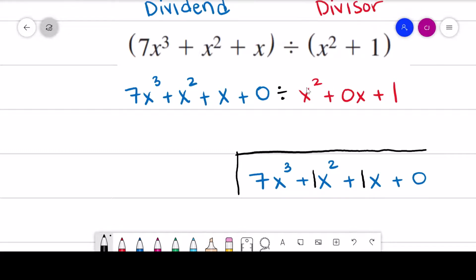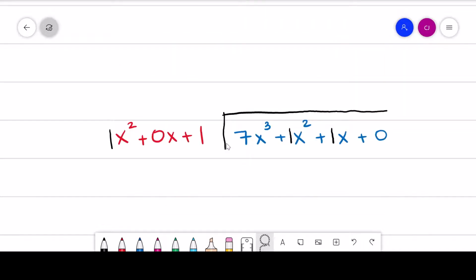And now I can write my divisor on the outside of my division bracket. So I'm going to write x squared plus 0x plus 1. And again, I'm going to include the number 1 in front of the variables that don't have a number for the purpose of instruction. All right, now that I've written my division expression, I've got my dividend inside my division bracket, and I have my divisor on the outside,